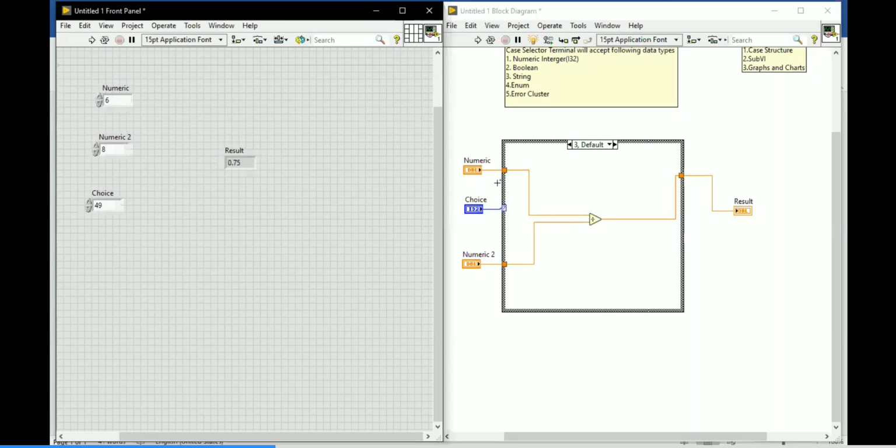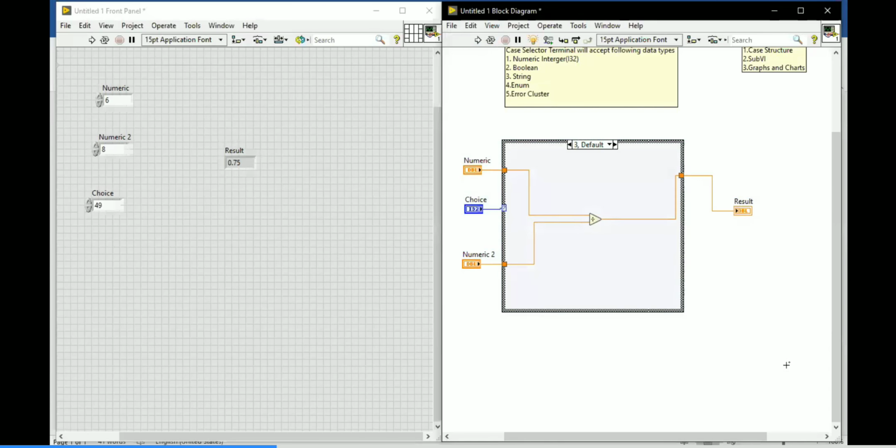So if you want to run the program continuously, don't go for run continuous. Simply put a while loop around that. Why a while loop? The loop will run continuously until you press the stop button over there. If you go for a for loop, the loop will run for 100 times or 200 times only, or the maximum number of times you set over there. So do this problem. If you've completed, save the VI.